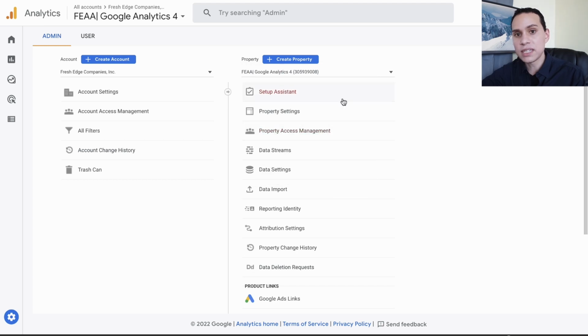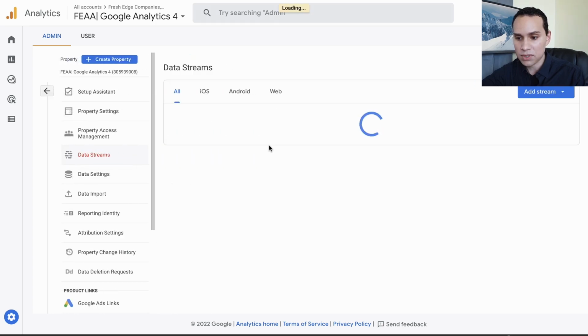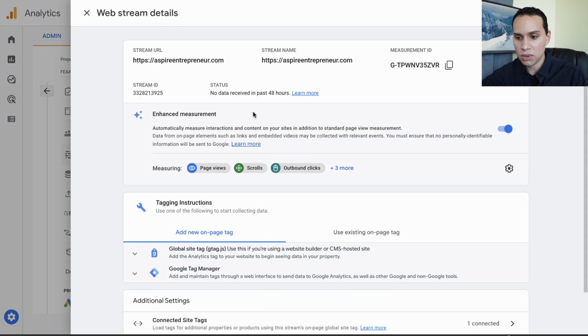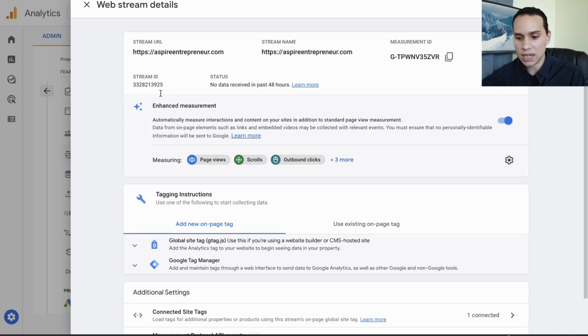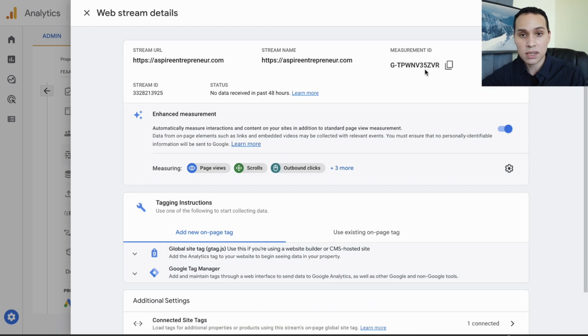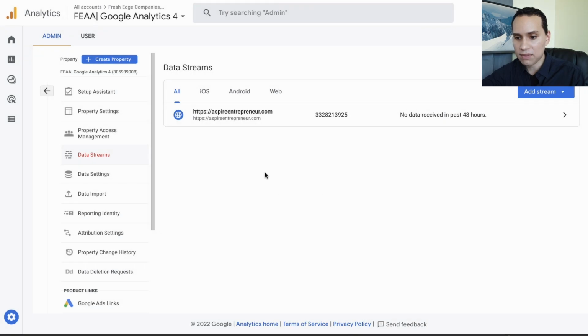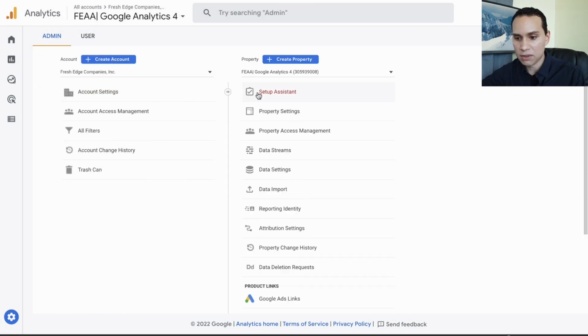So if you ever need to come back to this interface and get the measurement ID, just click on Data Streams, and you'll see we can click on the URL and we're back in the same place. So you can always come back, get your measurement ID, your stream ID, everything else that you need. For the most part, once you grab this, because you're using Tag Manager, you won't have to come back. So I'll go ahead and exit out of that, and I'll click the button over here to come back to